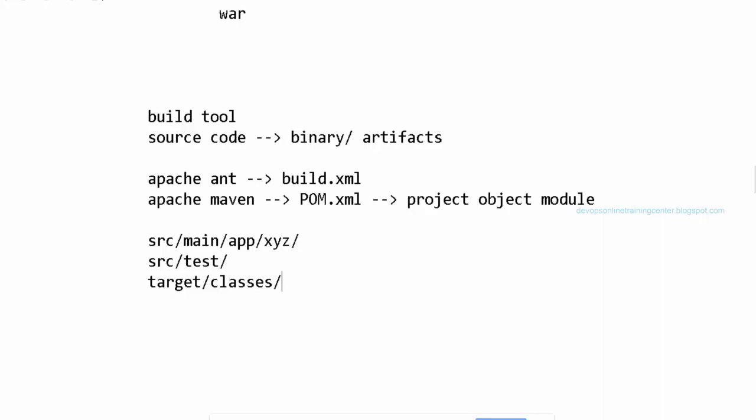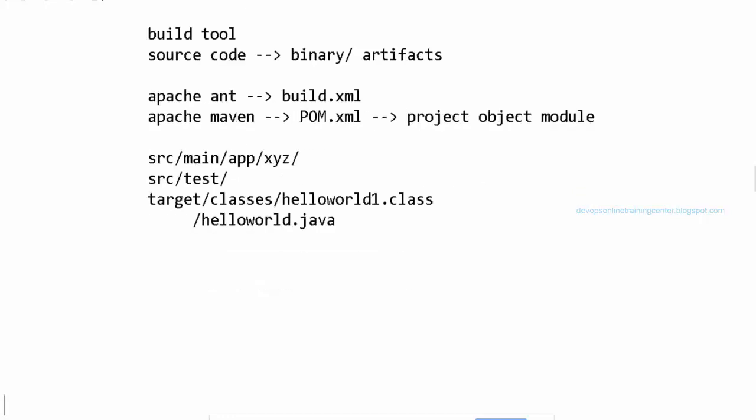Here I want to have all my classes, like hello world, 1.class, 2.class, 3.class, and under target, hello world.java. So basically what are we doing here? We have some source code and we are converting that to binary. How do we convert? We have different tools.